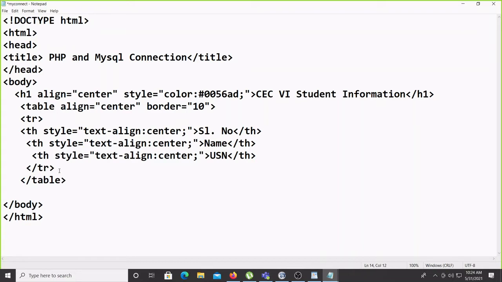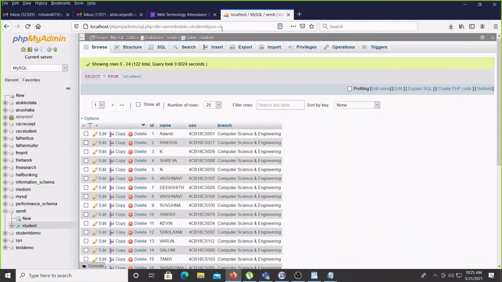We'll see first how this basic part looks, and I will add small things here. Color also I will add for the table. Style color, go for red, and I'll give the font weight a little bit bolder. Yeah, so we'll see this.